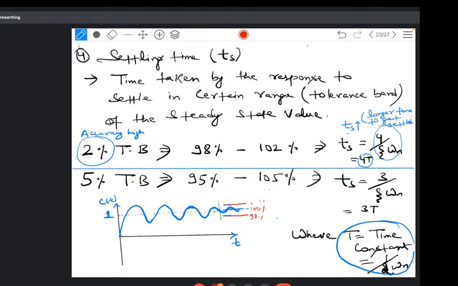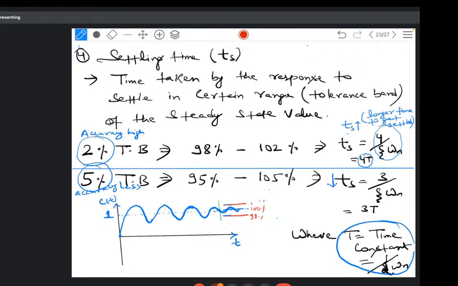The response will take longer time to get settled. But since the tolerance band is high, the accuracy will be less. The approximation is high because the tolerance band is high, which means the approximation that I have taken is high, so accuracy will be less. Accuracy will be less, but the settling time would be low, and lesser settling time is preferred in the control